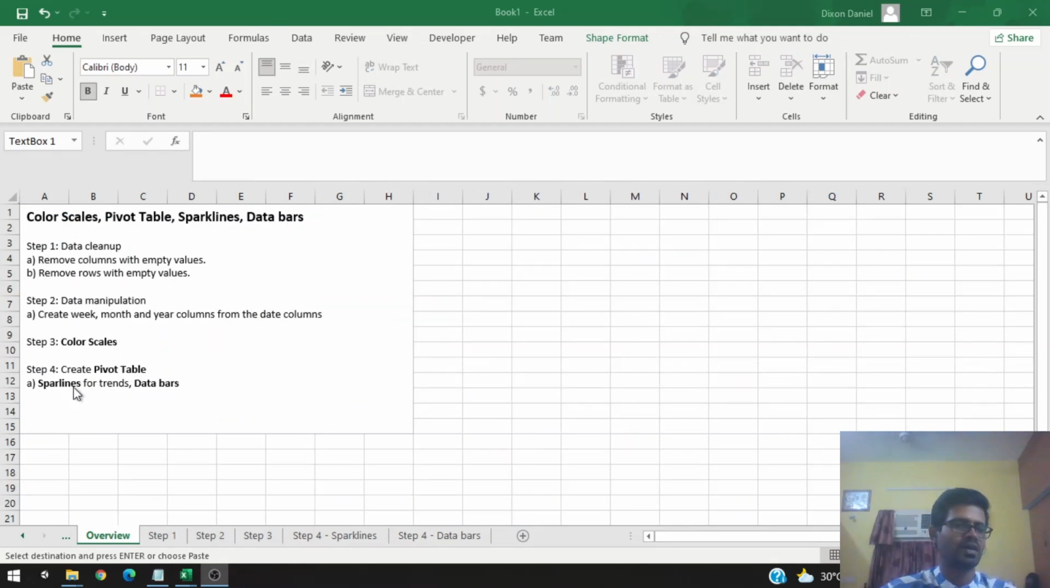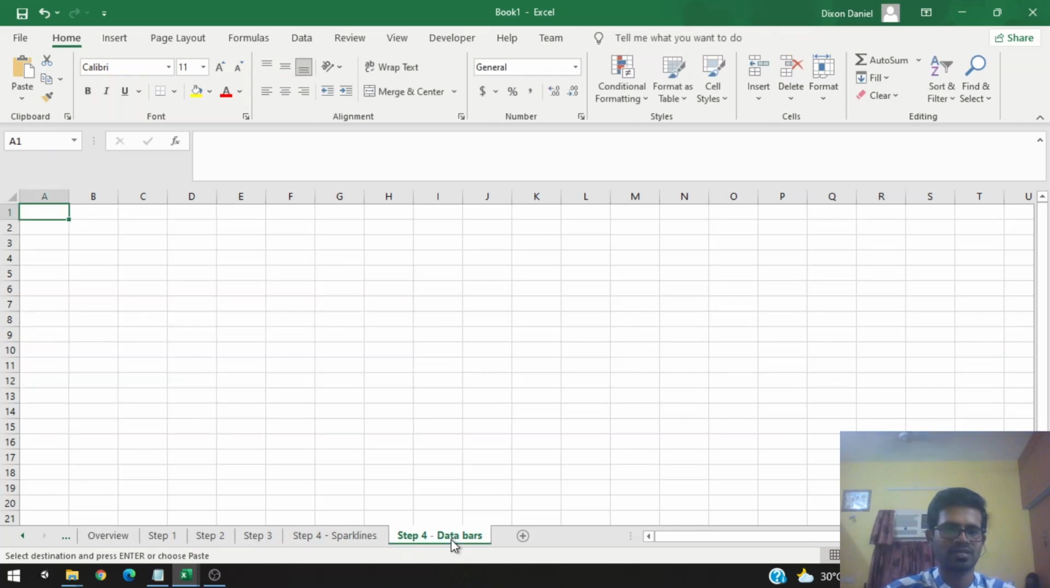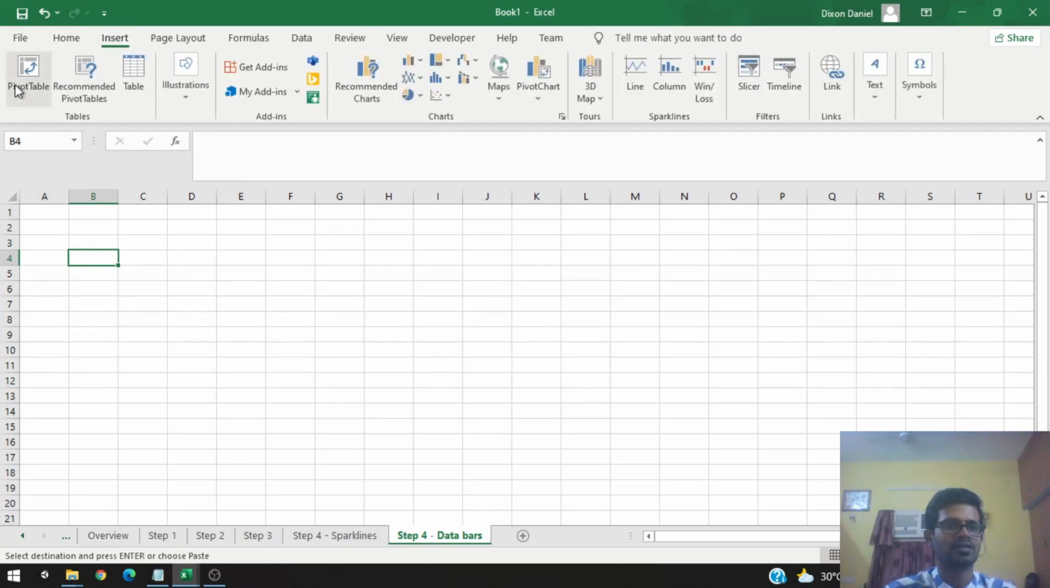Now that we are done with spark lines, let's look at what data bars are. The data bars is a feature in Excel which provides a very easy and a quick way for a graphic illustration of a column of numbers. So to implement data bars, let's first introduce a pivot table. Let's go to step 4, data bars. Let's go to the sheet and let's insert the pivot table in a similar manner as we did for spark lines. Go to insert, pivot table,